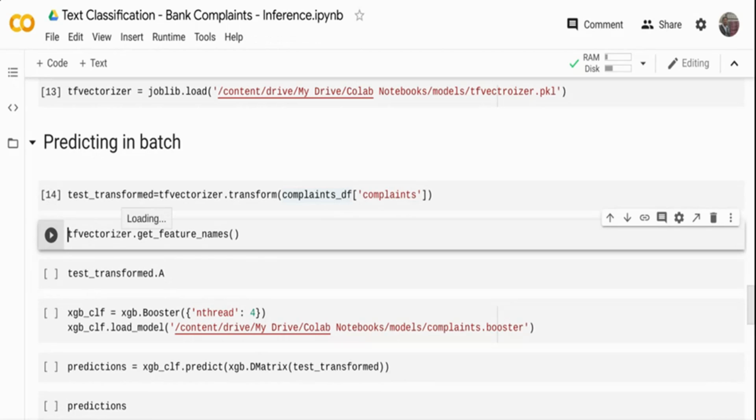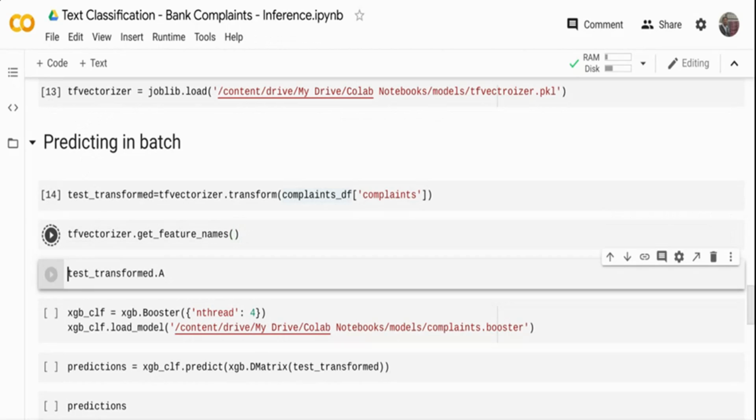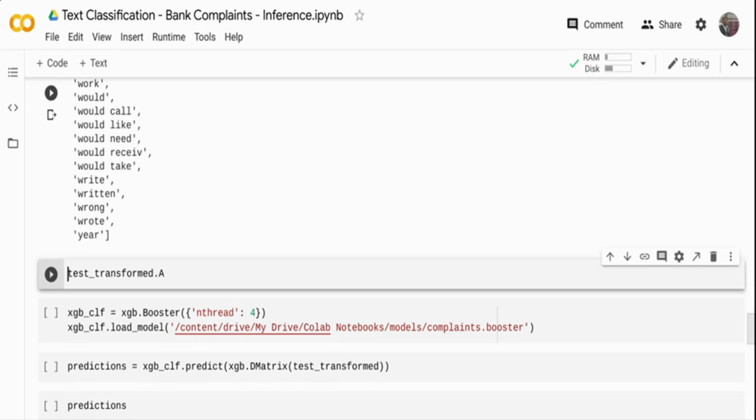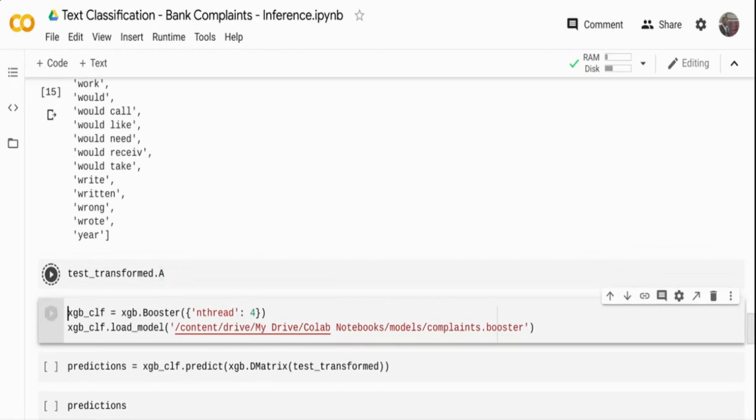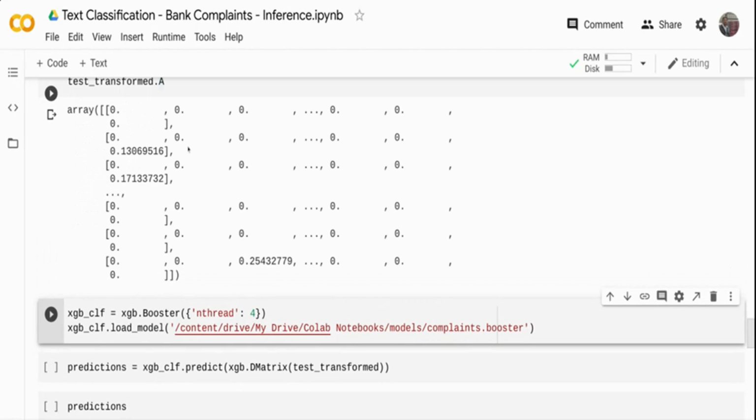Just to make sure that the TF-IDF model is loaded properly, I can get the feature names and compare them with the feature names that I got during the training. What the TF-IDF vectorizer does is pick the top words, in our case the top 10,000 words, and assign weights to the words, and based on incoming data it uses those weights to do a prediction. So these are the words, and then I can also print the matrix that is used. It's a six class problem, as I said, and you can see all these values are getting printed based on the text. Now I have the TF-IDF data transformed.